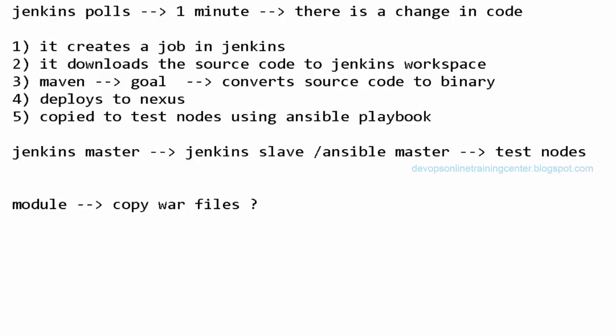So we want to copy the WAR files to test nodes from the Jenkins slave. Let us say now, what is the module I need to use to copy the WAR files? Is it a shell module, or a copy or file module?